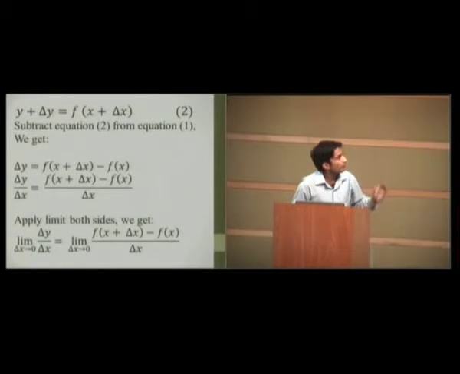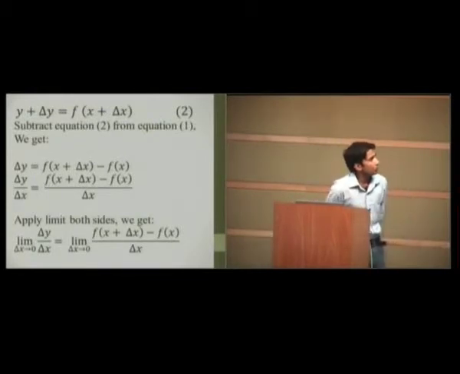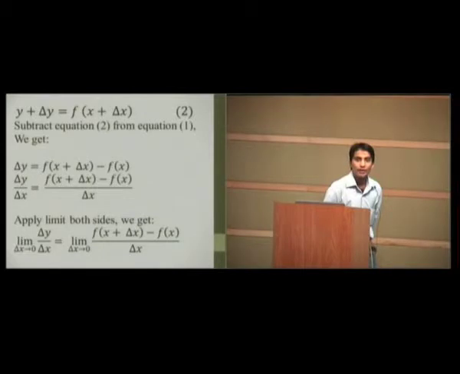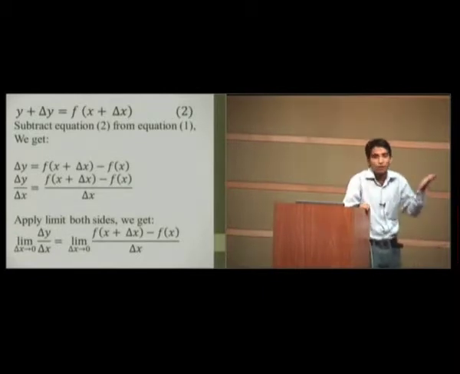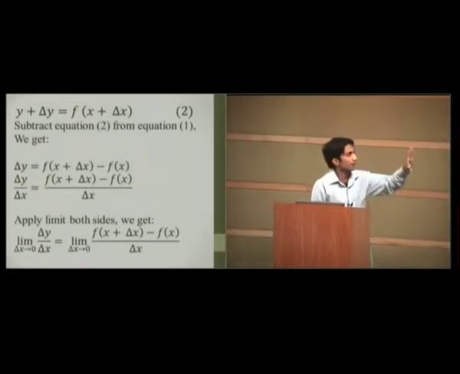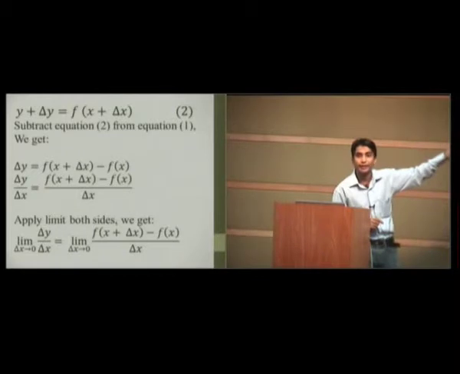Now we have a tabulation as well as numerical values to imply the coordinates. In equation 1 we get equation 2, where equation 2 is y plus delta y is equal to f of x plus delta x. Now subtract equation 1 from equation 2, and we get another equation: delta y is equal to f of x plus delta x minus f of x, which represents the left hand side, delta y.